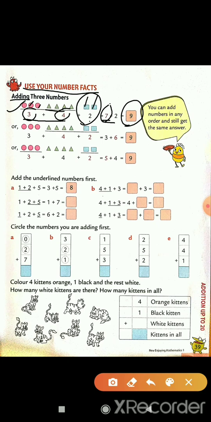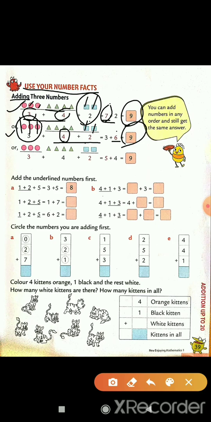Got it, students? Or else we can also add 4 and 2 first, and then the answer with the 3. Which is the bigger number here? 4. So we have to circle the 4. After that we have to count forward 2 times, that is 5 and 6. So 4 plus 2 gives us 6. Then we have to add 6 with the third number, that is 3. So what comes after 6? 7, 8 and 9. So again our answer is 9.